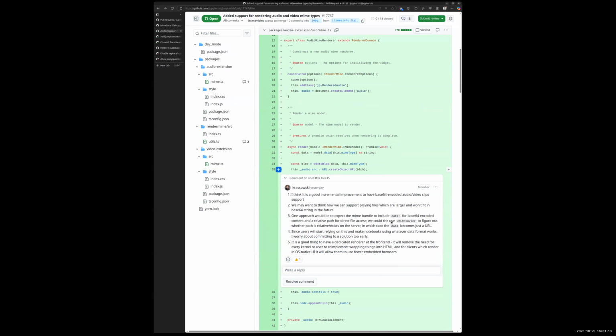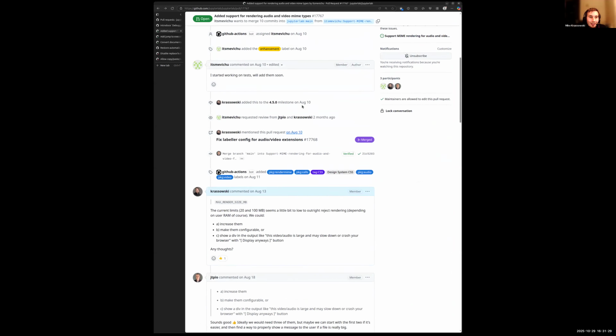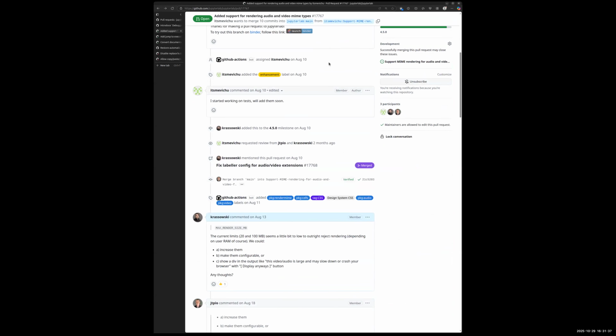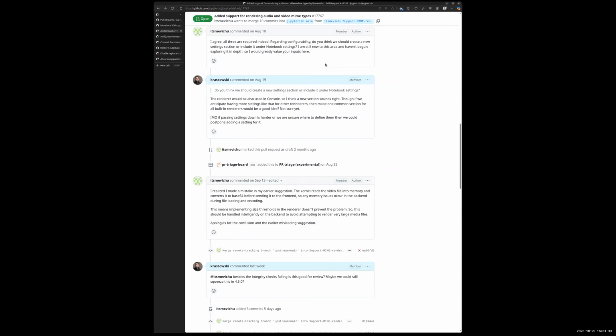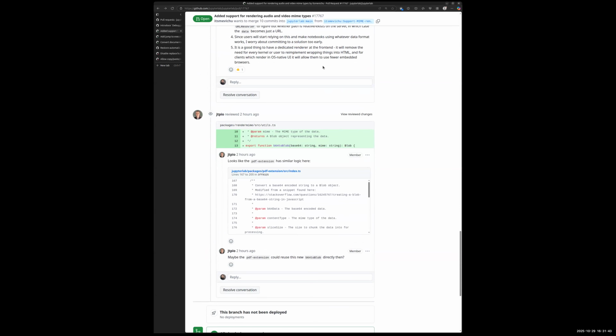Does it come back as just some random base 64 junk, or is it actually a data URI already? Well, that's what we need to decide. But yes, in this pull request, it is not a data URI yet. Maybe it should be. That's the question. So then it begs this weird question of